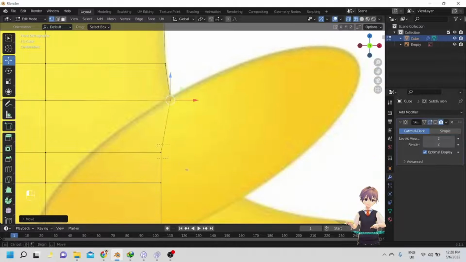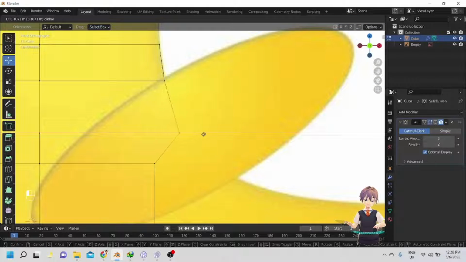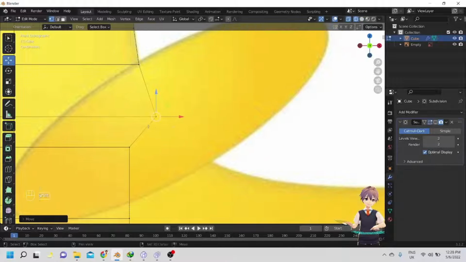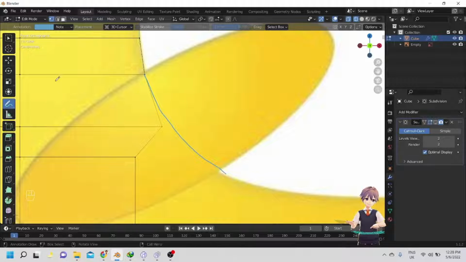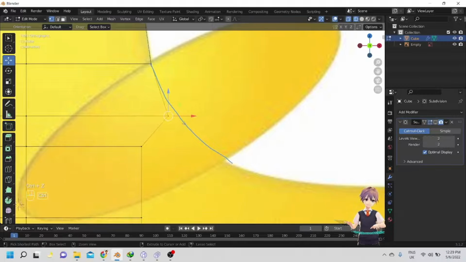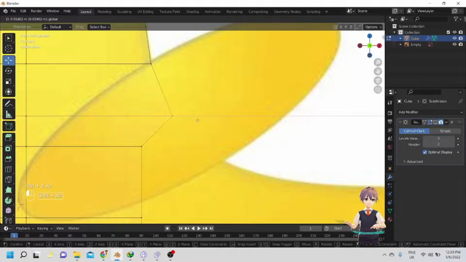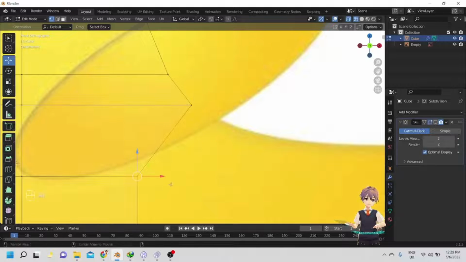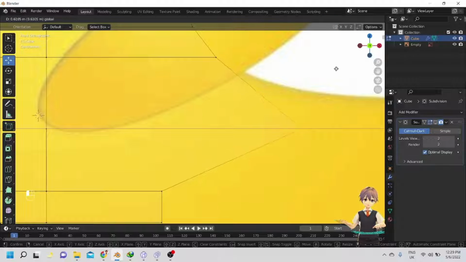I can't see, but I can imagine how it can be smooth like this. So just do it like this. Okay, I think it's fine. Like this. So again we need